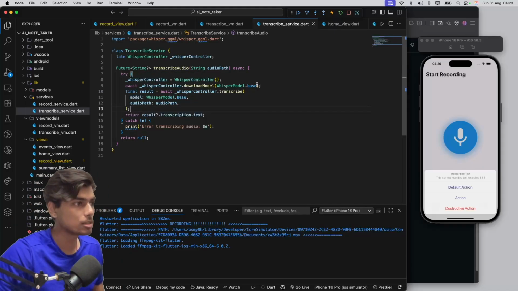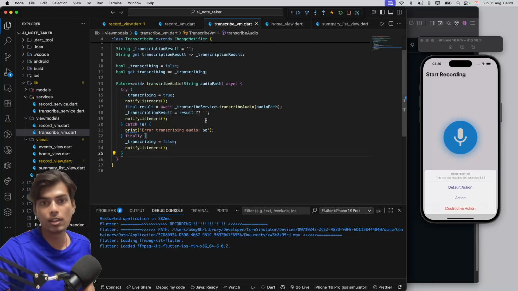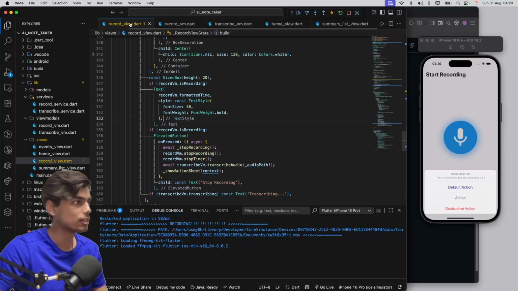And I also changed the Whisper model to base because on tiny and small it was not working. It was always crashing. So I did that. Now it is working fine. Let me show you. First,